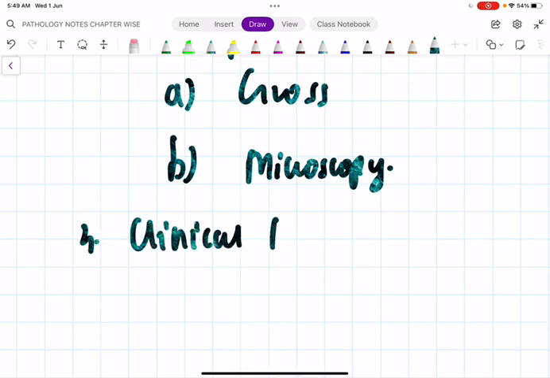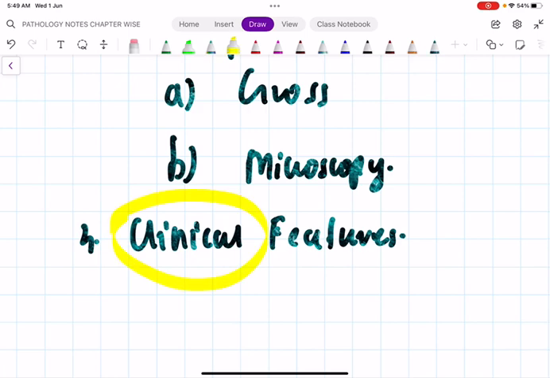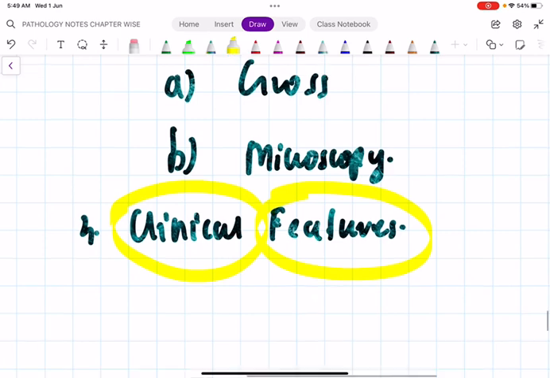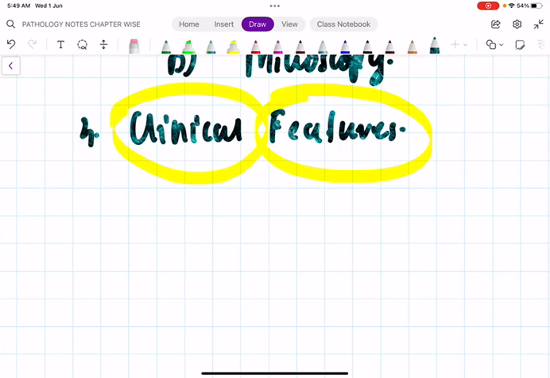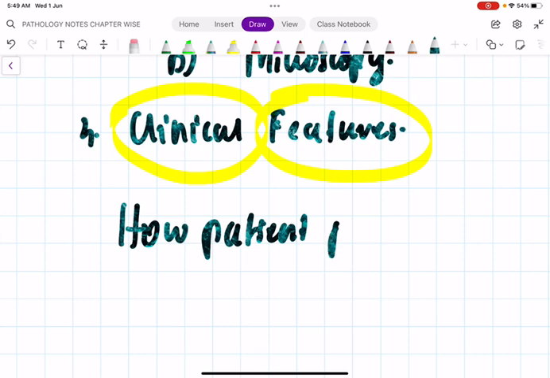Yes, clinical features. This is the point where I have to stress. Earlier, we used to skip reading clinical features. But now, without these clinical features, you can't come to the diagnosis. When you are reading granulomatous inflammation in Robbins, it is very beautifully mentioned how the patient presents. Like I have told you in the example of tuberculosis, how the patients present. So please, for all the conditions, for shock, which is a very standard essay question,